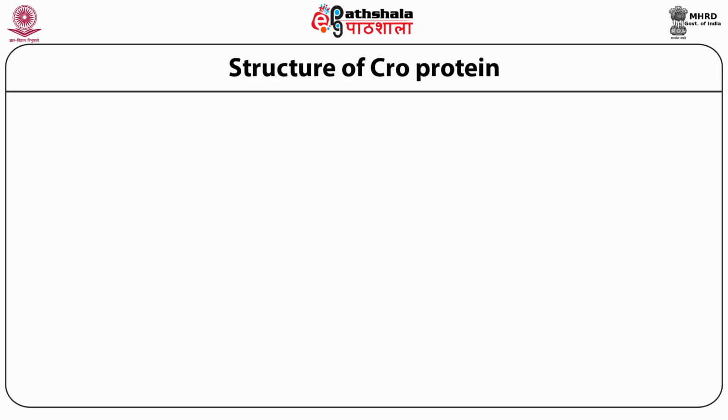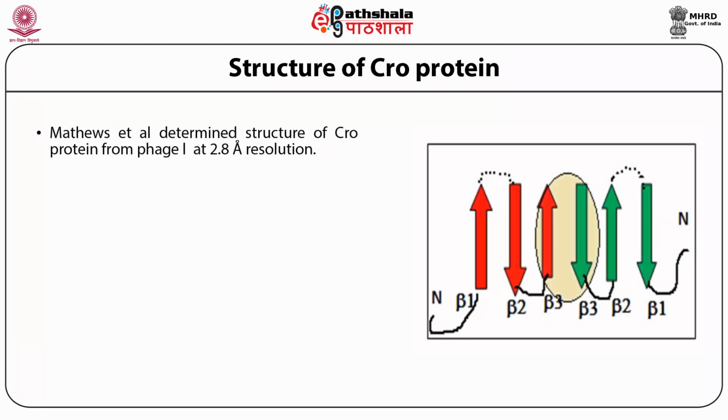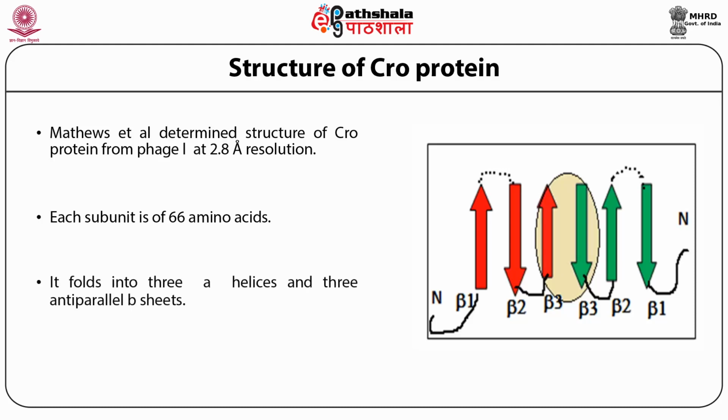Structure of Cro protein. Matthews et al. determined the structure of Cro protein from bacteriophage lambda at 2.8 angstrom resolution. Each unit is of 66 amino acids. It folds into 3 alpha helices and 3 antiparallel beta sheets. The protein belongs to the alpha plus beta family. We show here